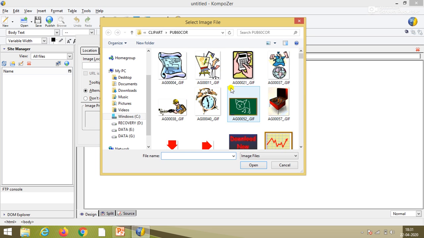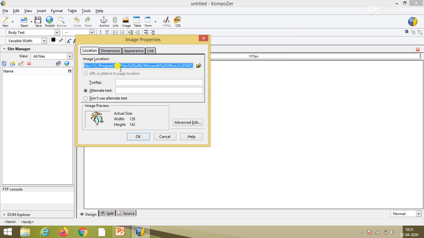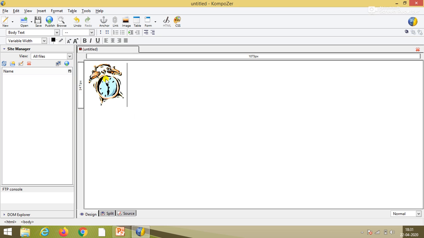Suppose I am taking this clock, and click on open. The image location or path is now set. Select the option do not use alternate text, because if you select alternate text, the image will be compressed and not inserted. Then press OK. The image is inserted.